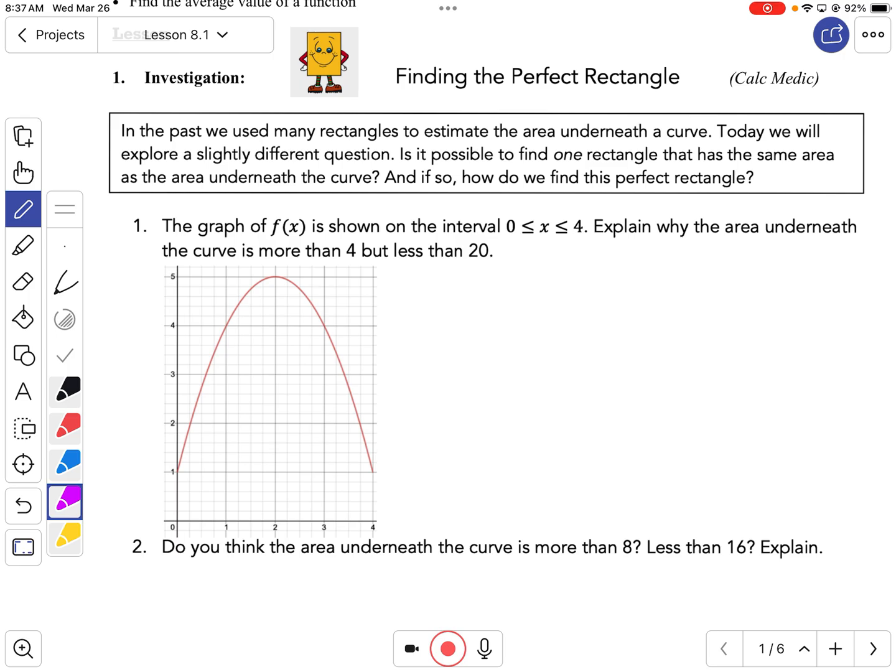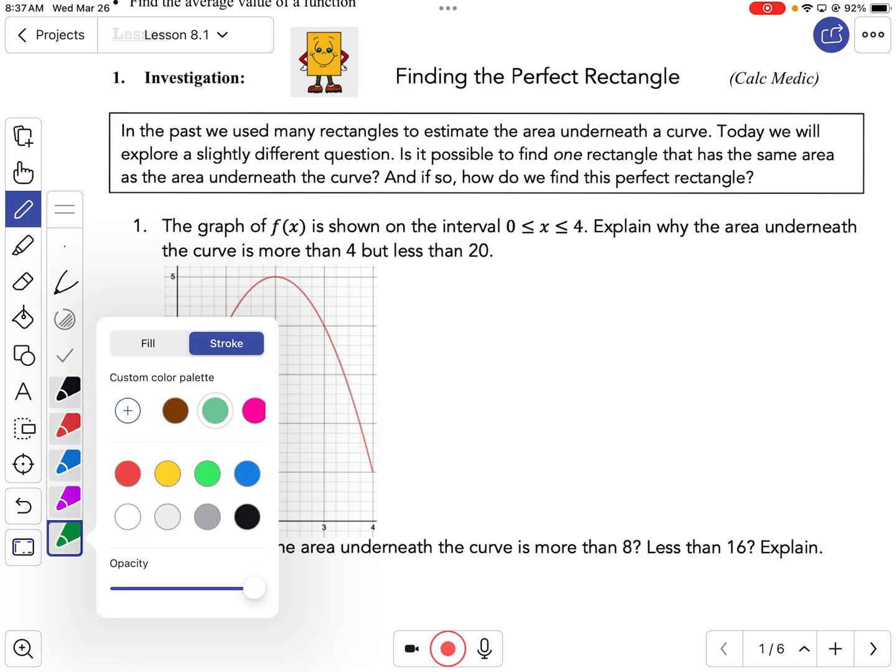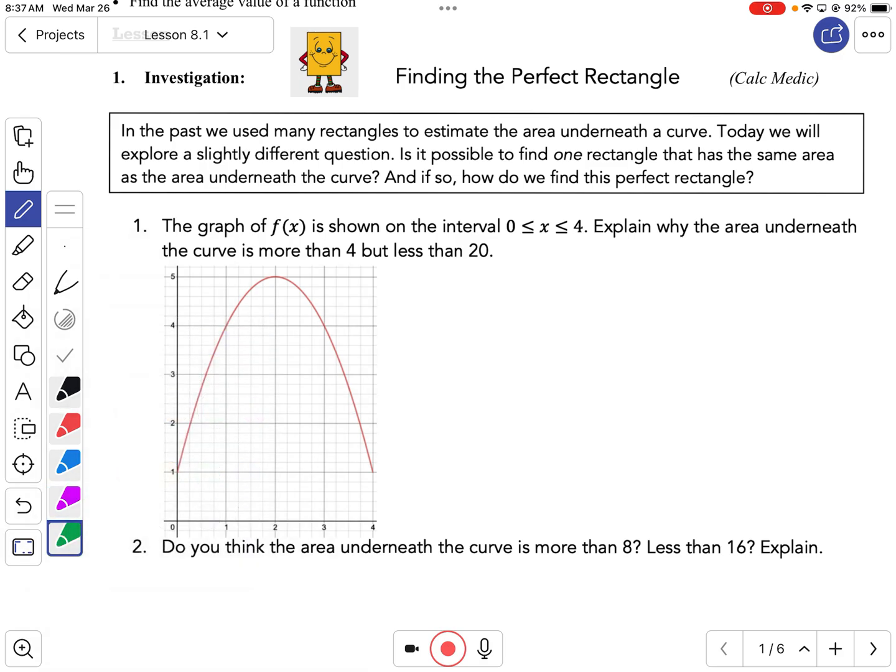All right, so let's take a look at these and just kind of walk through it, trying to come up with the perfect rectangle. So on the first one, it gives me a graph, f of x, and says it's shown in the interval from 0 to 4. Explain why the area underneath the curve is more than 4 but less than 20. So if we're looking,